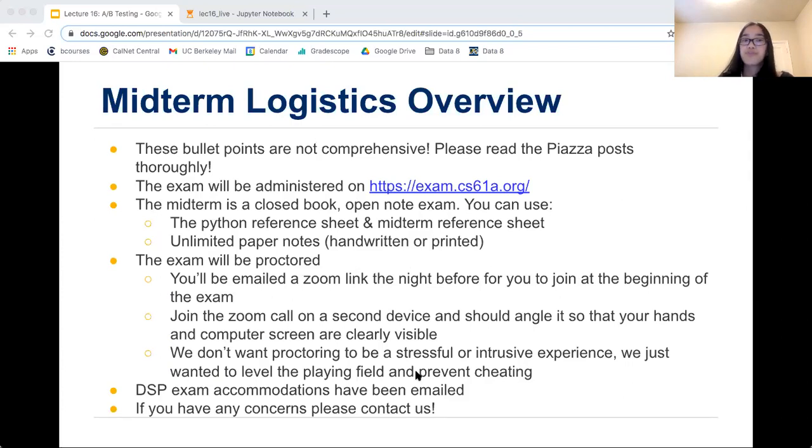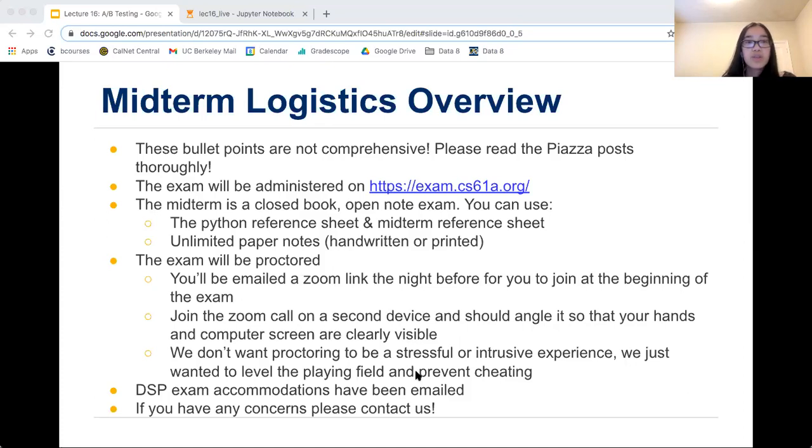The exam will be administered on this exam tool, which is exam.61a.org. You can go ahead and go on it now to test out those fall 20 and spring 21 midterms. The midterm is going to be closed book and open note. So you can't use your textbook, you can't use the internet, you can't collaborate with others.